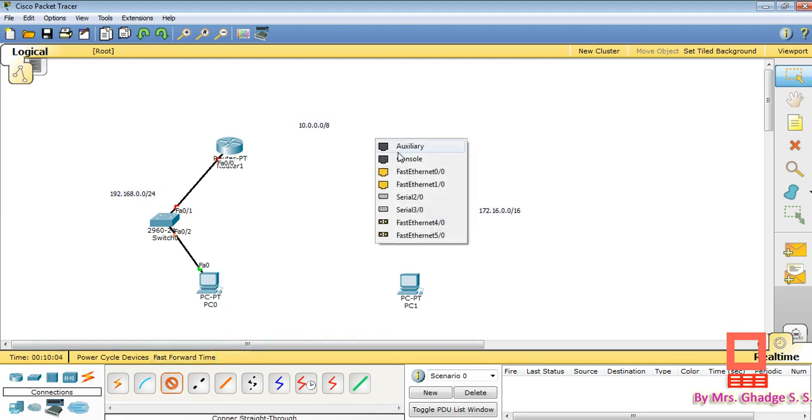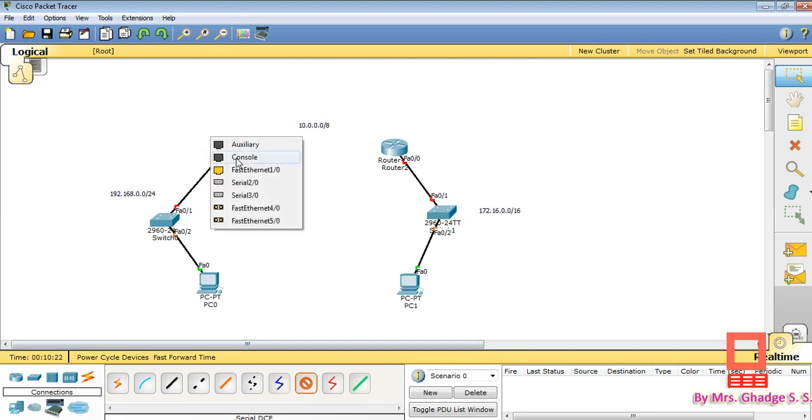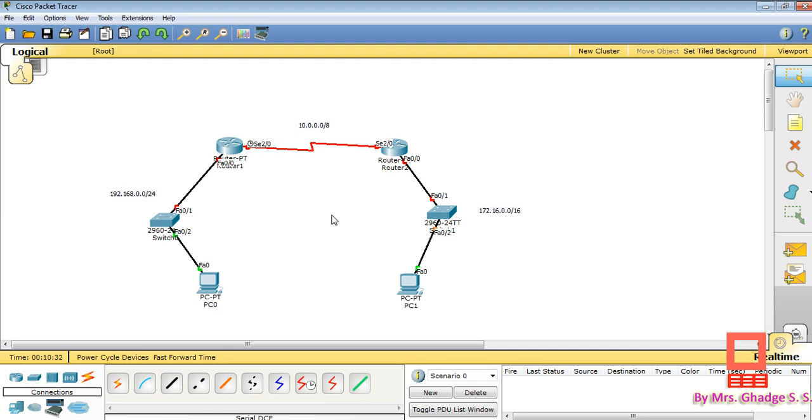Similarly, we can connect the right side network. So this is the simplest connectivity between the switches and PC, also with routers. In between the routers we are using a serial connection, so this is serial 2/0 with serial 2/0. Okay, so we have set our network.